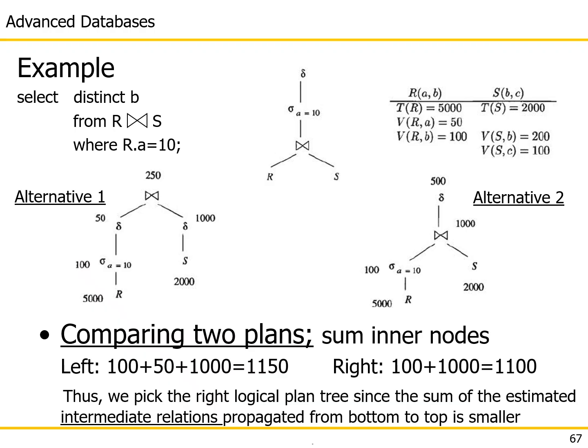So let's say from this initial relational algebra tree, you managed to generate these two. And now we want to figure out which one is better in terms of performance. So what you're going to do is run the cost-based estimation techniques